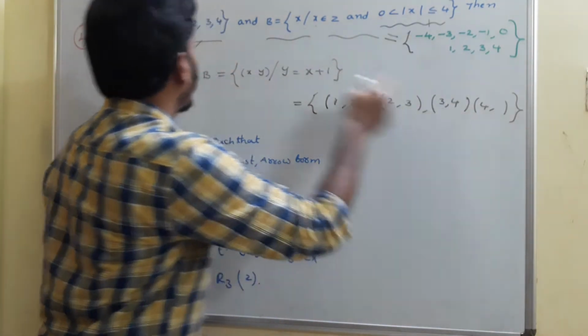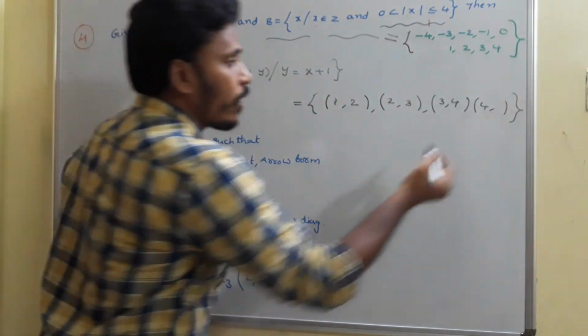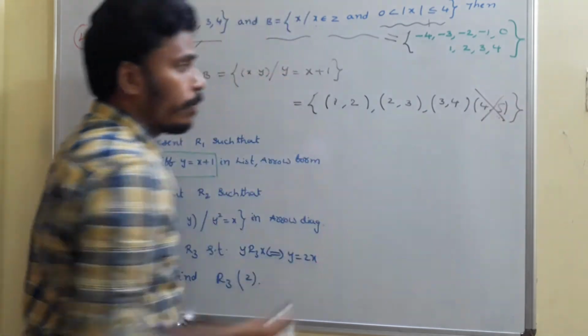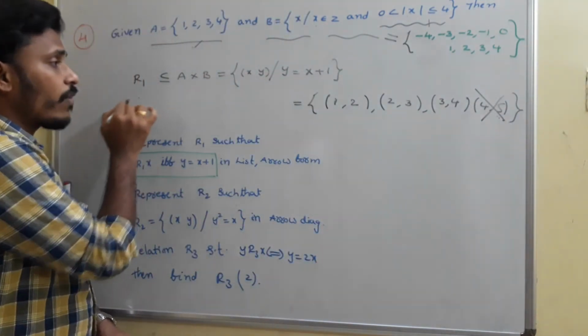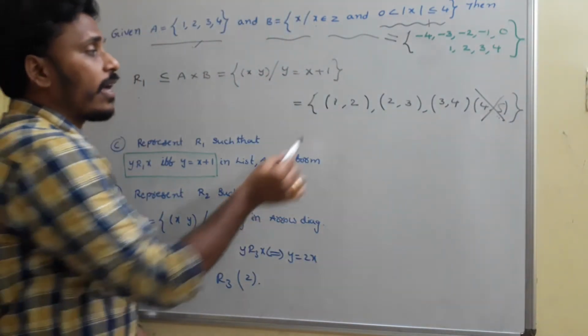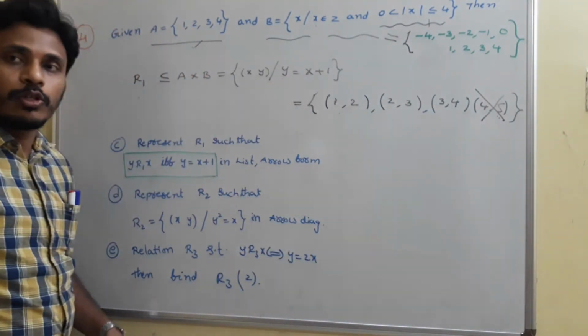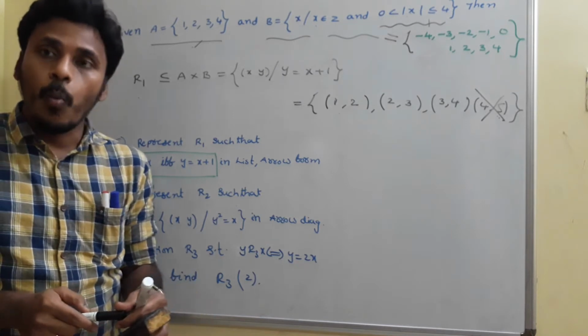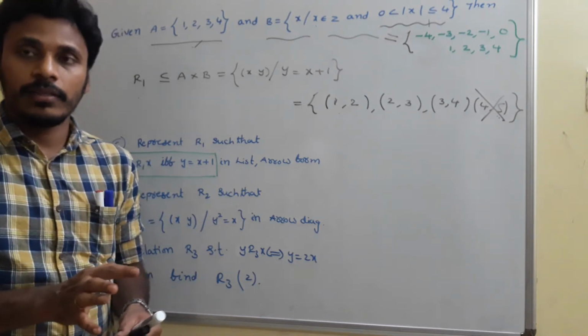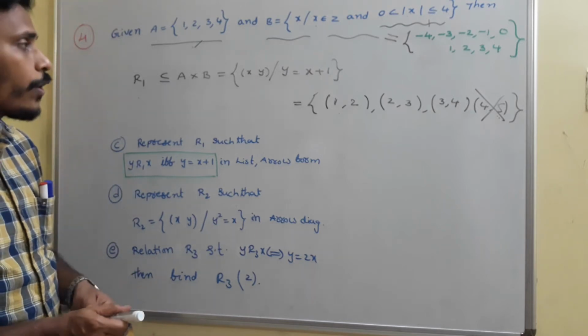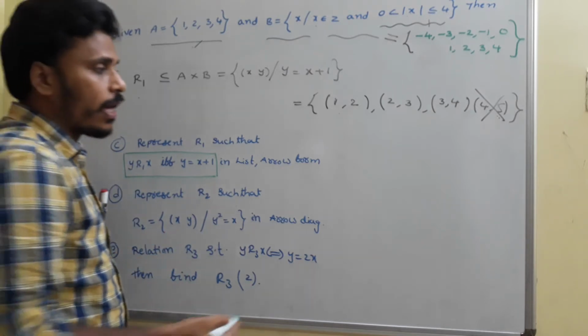And if x is 4, 4 is there in set A, 4 plus 1 is 5, but this 5 is not there in the set B, so this is not an element. At the end, R1 is a relation which contains just the elements 1 comma 2, 2 comma 3, 3 comma 4, because the definition is that y is equal to x plus 1. We need to add 1 to the elements of x, for the elements of the set A. That's it. Okay. And now the next task is you need to represent these elements in arrow diagrammatic form.